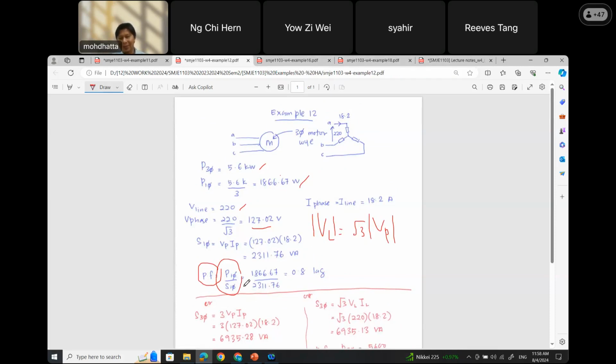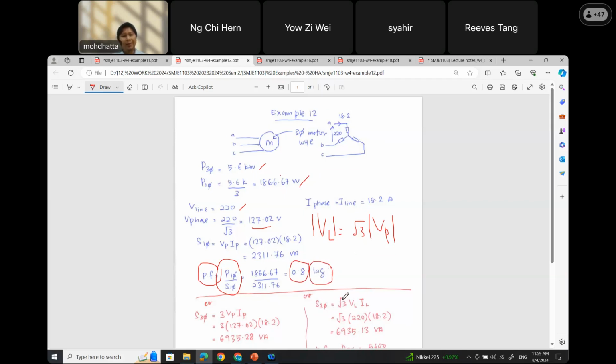Here I use the one phase information, or single phase information, where I will use this P single phase divided by S single phase to get my power factor value here. Maybe you would also like to ask how do I know that my